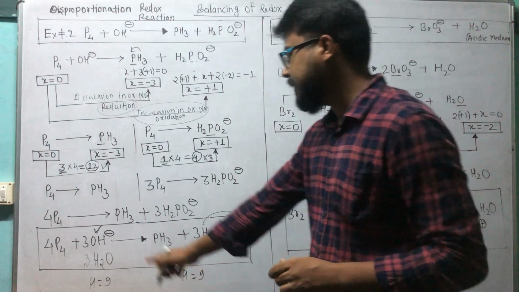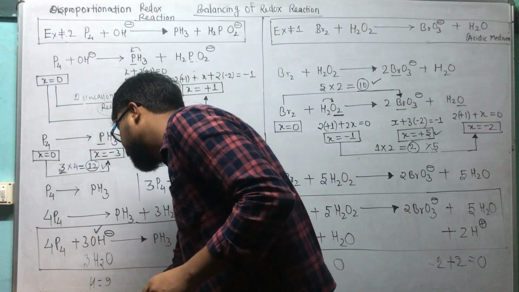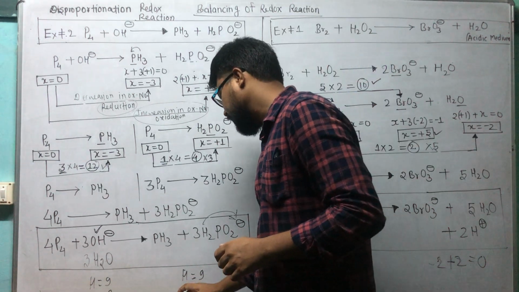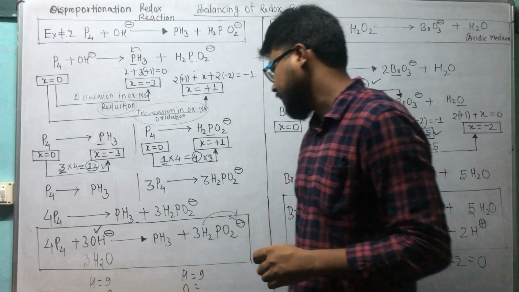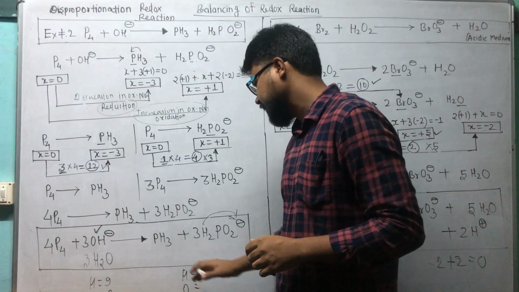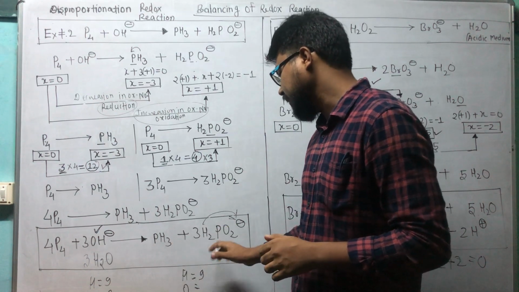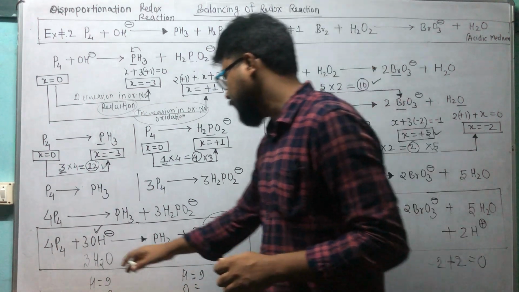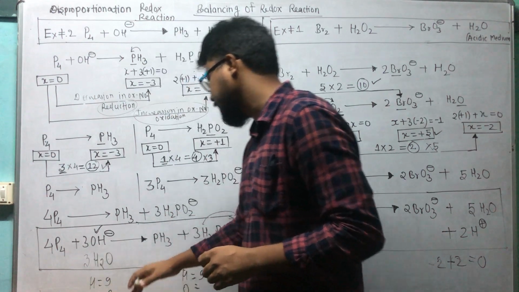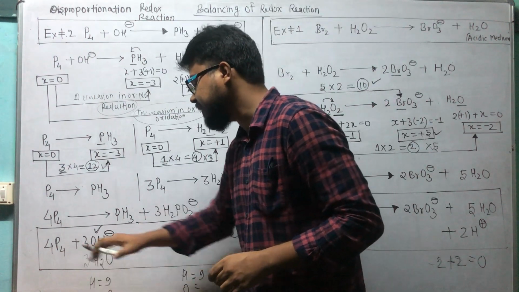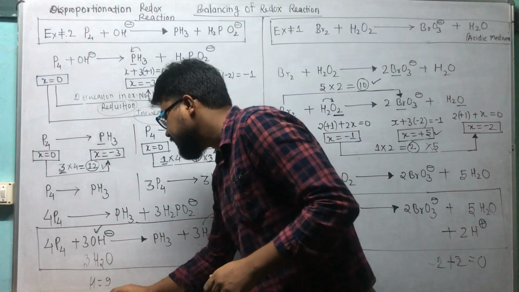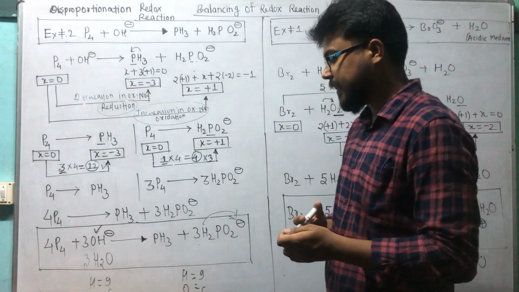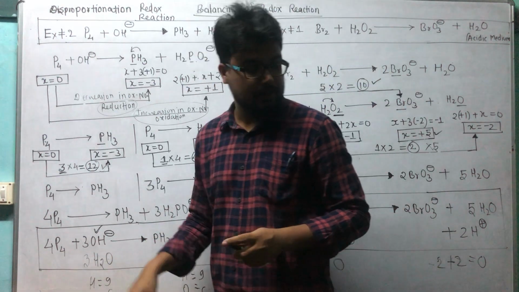Now check oxygen, 3 and 3, O equals 3. Check here how much oxygen: 3 into 2 is 6, and here O is 3 into 2, 6, and 3, basically 3, and here it is 3, 6, so here it will be 6, correct? So now it is balanced because phosphorus is 4. So I think it is not appearing in the video.